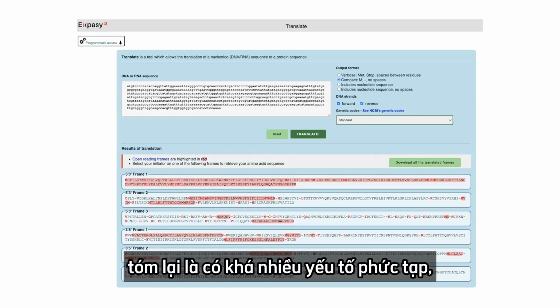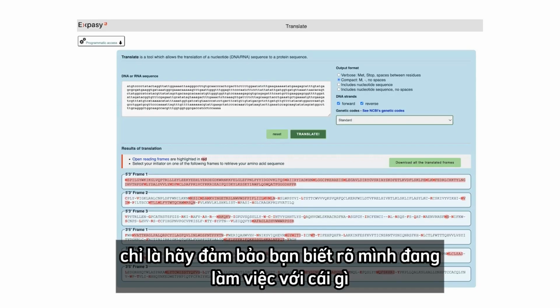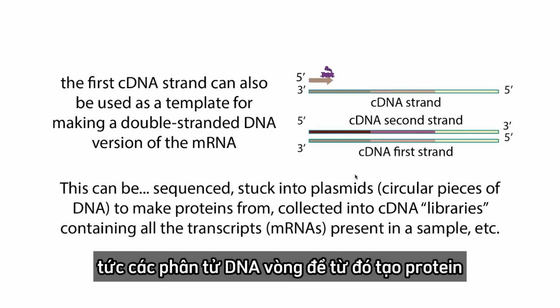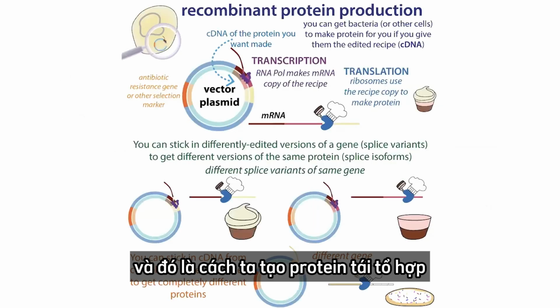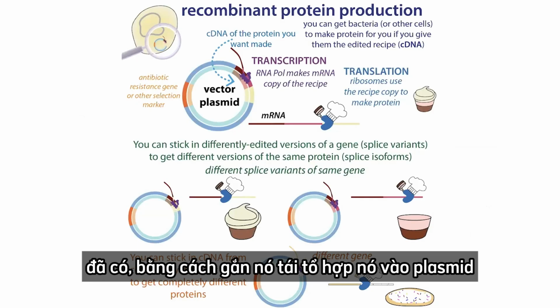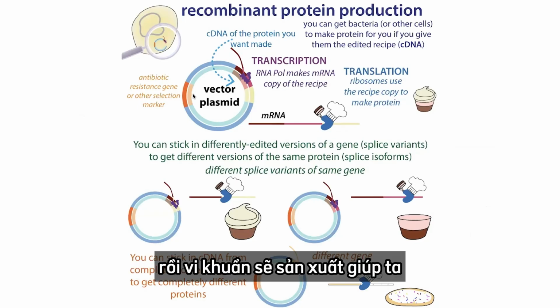So various complicating factors, but cDNA is very, very helpful. Just make sure you know what you're working with. You can also stick it into plasmids, so like circular pieces of DNA to make proteins from. And so this is where we can make recombinant proteins. So we're recombining that cDNA that we got with this vector plasmid. So basically the circular piece of DNA that we can put in bacteria, and then the bacteria will make